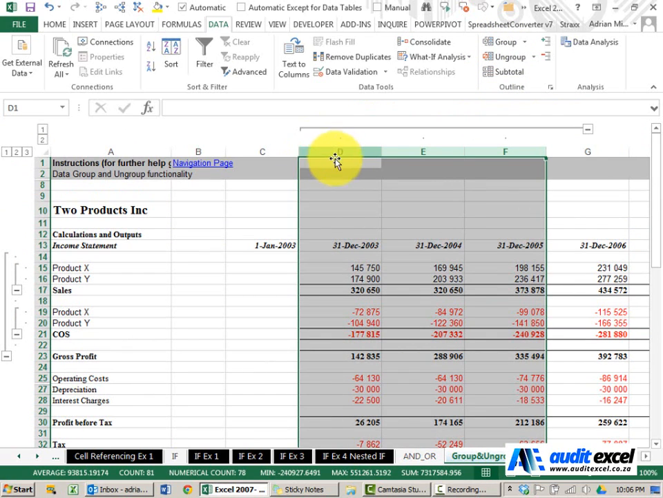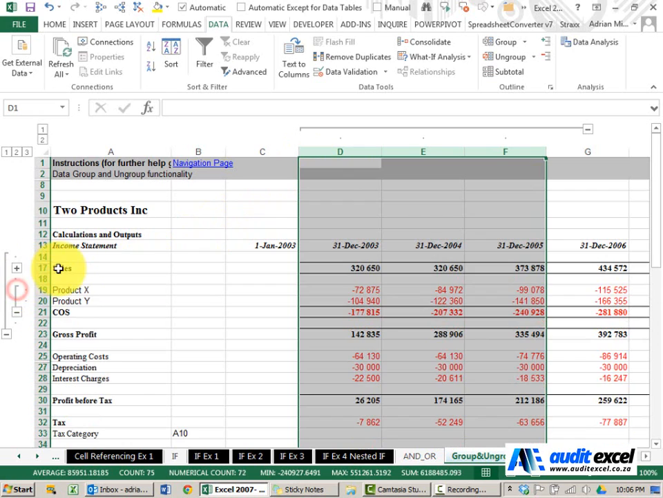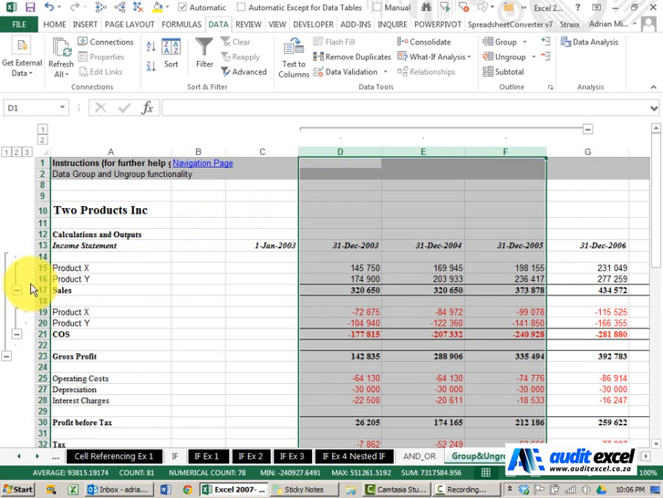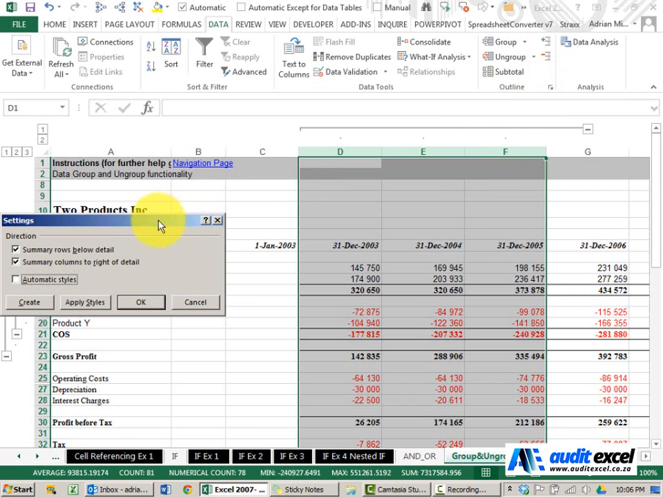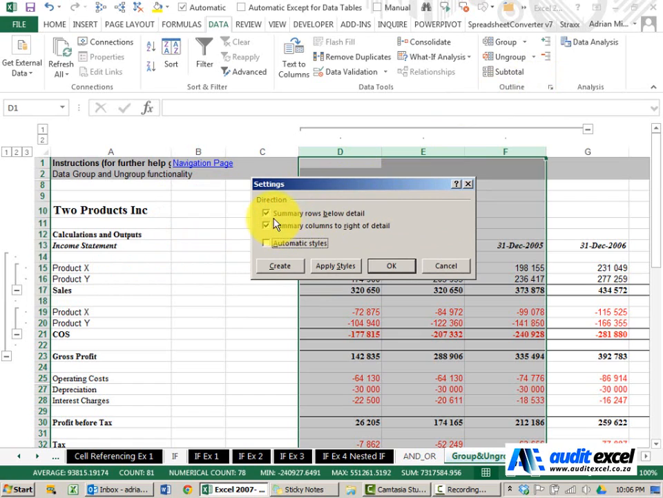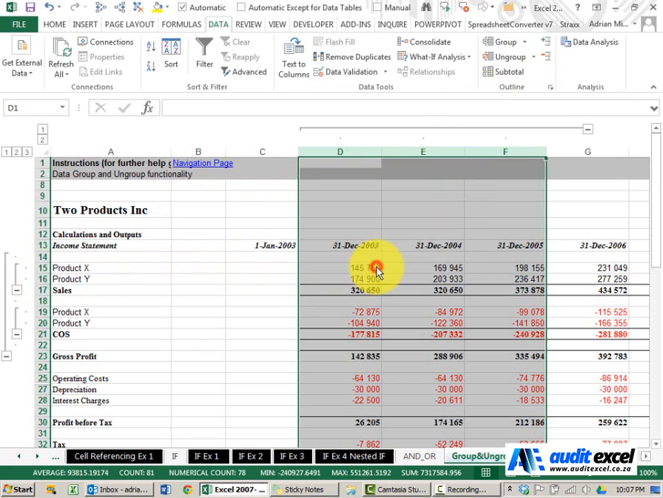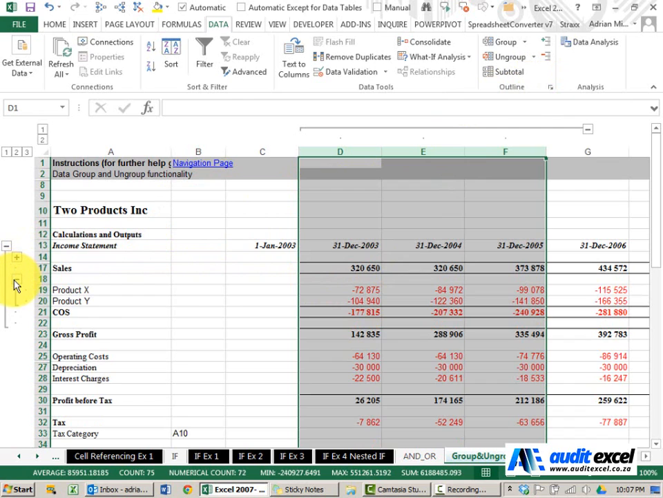Another common query with this particular tool is whether it's possible for these plus and minuses, instead of them appearing at the bottom, you can see it appears at the bottom, can it appear at the top? The answer is yes. So where you push the group and ungroup buttons, you'll see there's outline. If I click on that little button, I get a few options. So you'll see it says summary rows below detail. Just switch it off. When I say OK, watch what happens here. It now sums it